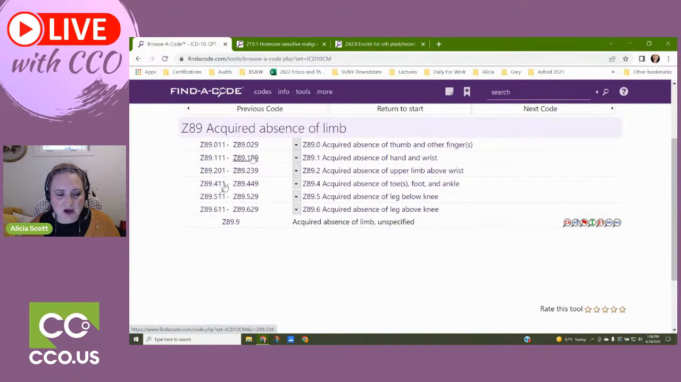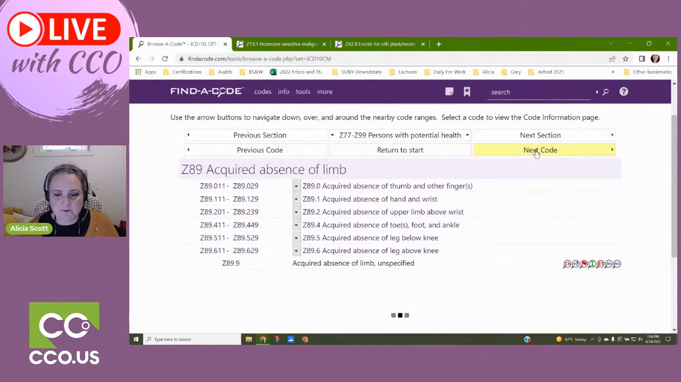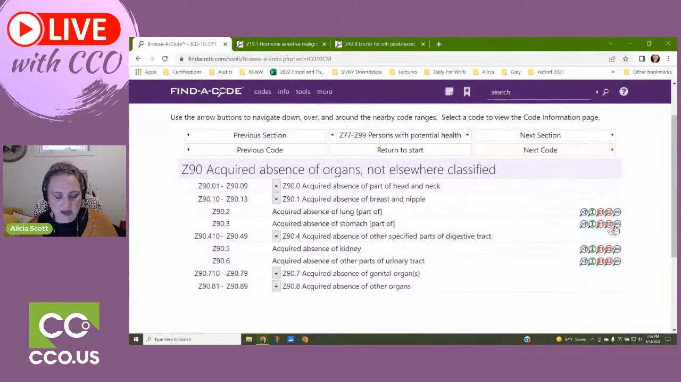So these are often missed HCCs, and you'll see BKAs and AKAs mentioned a lot of times next to BMIs where you're capturing or abstracting that content. Acquired absence of part of head and neck. Now this gives an example of some of the funny things that you can come up with, but again, acquired